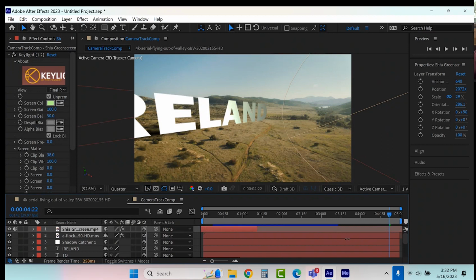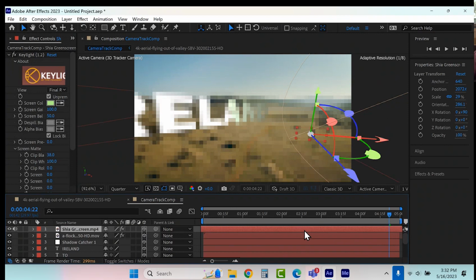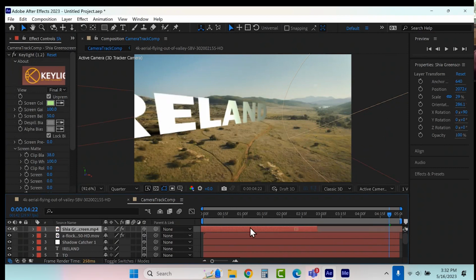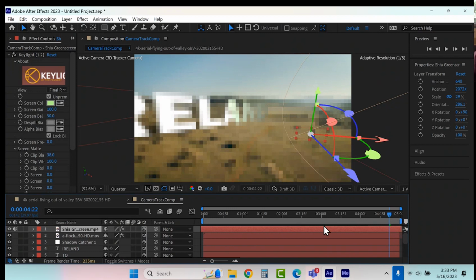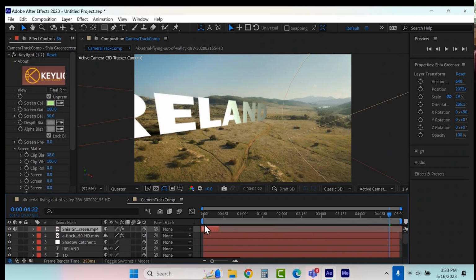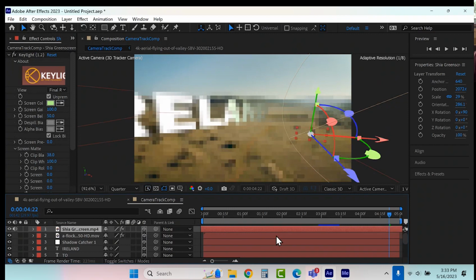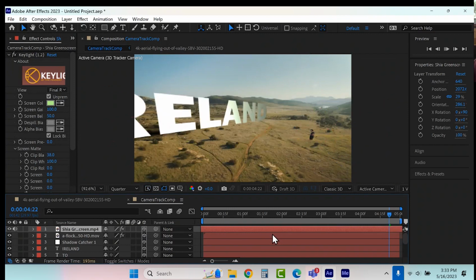It's a lot quicker to use this software and do it this way than to try to do it inside of a 3D software like Maya, or inside of a 2D animation software like Toon Boom or something like that. After Effects is your compositing element. This is where you put it all together. And it is a lot quicker than those other packages. So, like I say, I don't need to animate it against a film in Maya. I can animate it and then use After Effects.